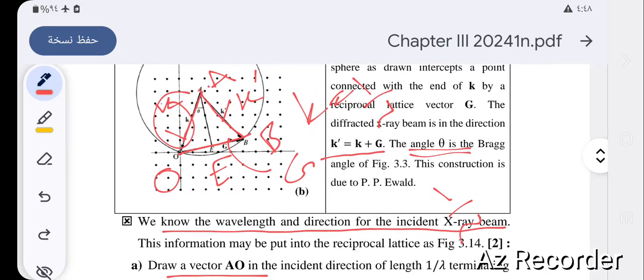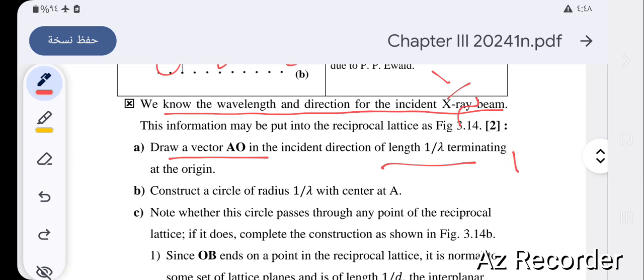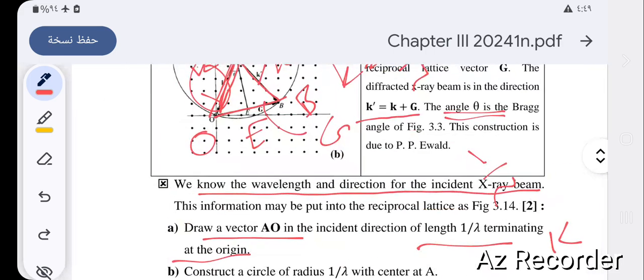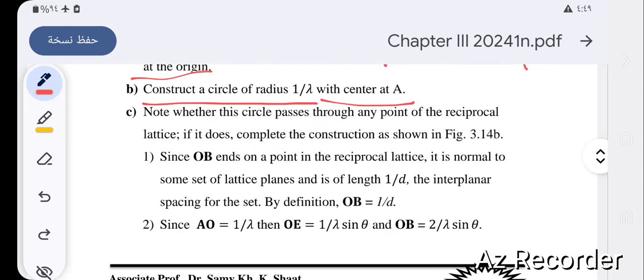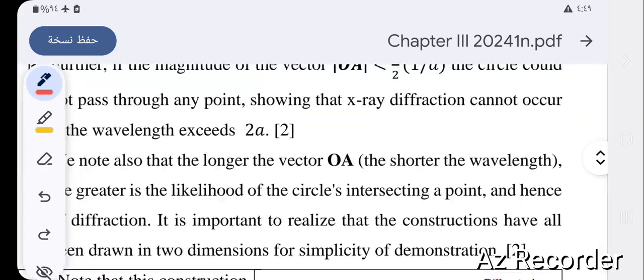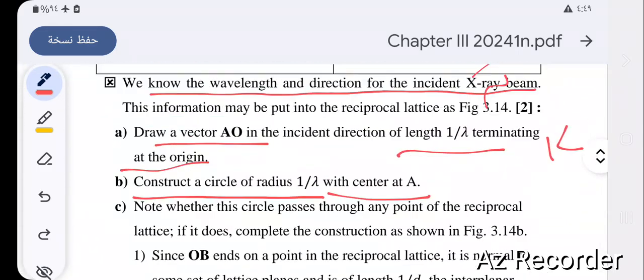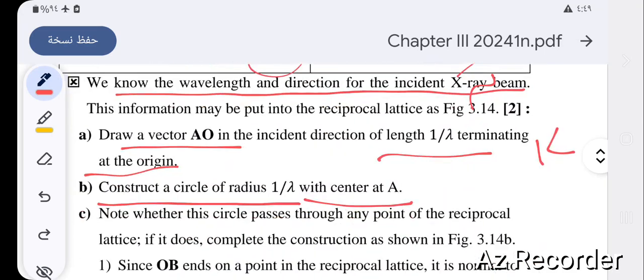الآن أول حاجة قال لي ايش؟ ارسم الفيكتور AO. ايش AO؟ هذا الفيكتور AO. هو بيساوي 1 على لامدا اللي احنا سميناه زي ما قلنا كده، وبينتهي وين؟ في الاوريجين. بقول كونستراكت السيركل اوف راديوس 1 على لامدا من السنتر، نفترض السنتر تبعها النقطة A، هذه بدي اعمل دائرة او كرة. هذا الكلام واضح وين كان؟ في معادلة 3-14 او وين فيجر 3-14 بي، هذا 15 هي بي طبعا، 3-14 هذا بي، المقصود فيه هذا بي، تمام؟ 14. طيب